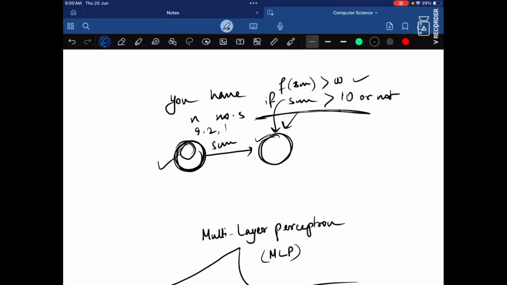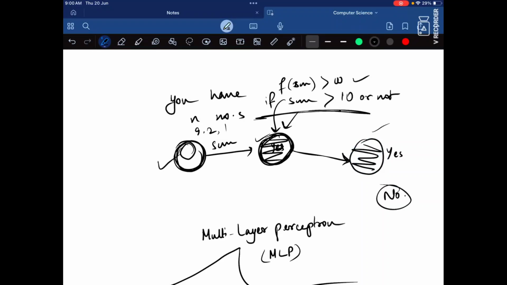So it's 12, so it's greater than 10, so it's a yes, and the function returns a true value, and so it goes to the next node, and this node checks if the value is yes or no. If it's a yes, then congratulations, your machine learning model is successfully predicting. If no, we just retrain the model to identify it correctly with some other value, some other weight.